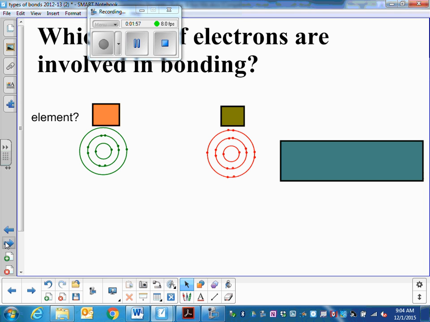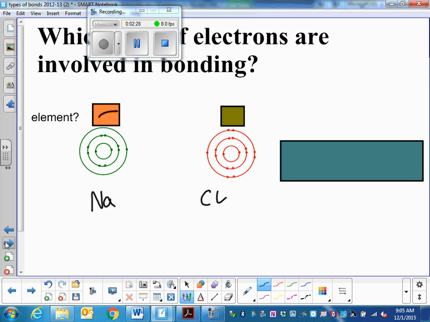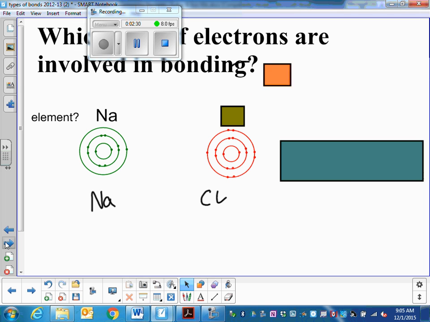All right. Now, what element is this? It has 3 rings. There is one in the outermost ring. It is sodium. What about the other one? There are 3 rings. There is 7 in the outermost. It's chlorine. This is sodium and that is chlorine. This desperately wants to lose and that desperately wants to gain. And therefore, all right,